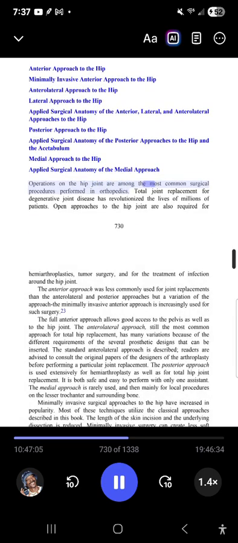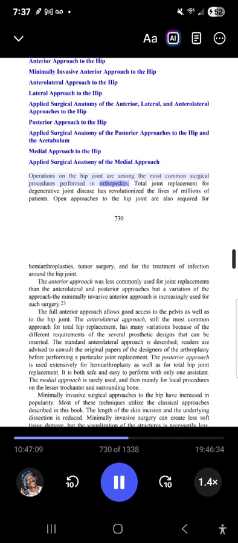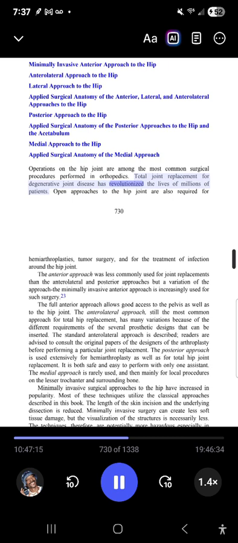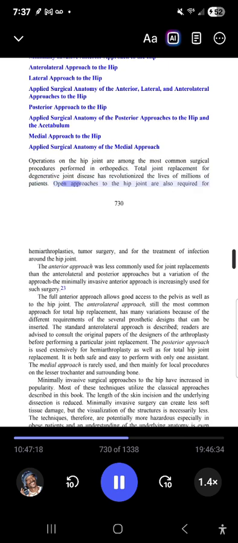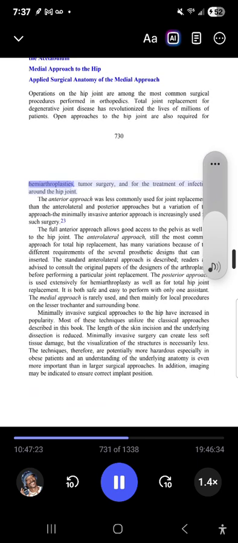Operations on the hip joint are among the most common surgical procedures performed in orthopedics. Total joint replacement for degenerative joint disease has revolutionized the lives of millions of patients. Open approaches to the hip joint are also required for hemiarthroplasties, tumor surgery, and for the treatment of infection